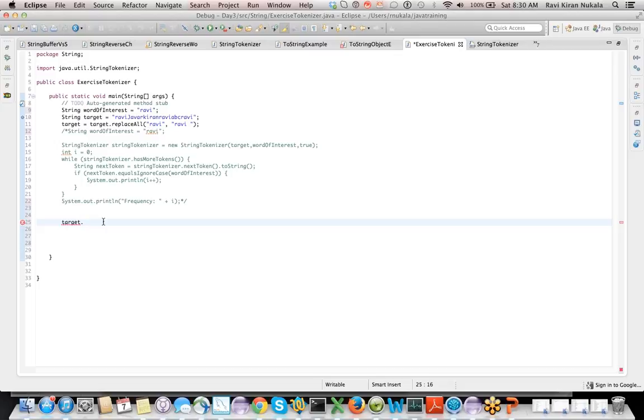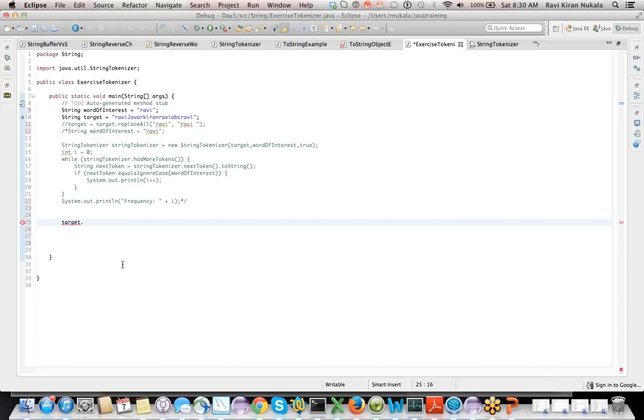You can say whether that particular string exists or not with contains, but you cannot say how many number of times it exists. You need to do a little bit more manipulation. You see what I'm saying?